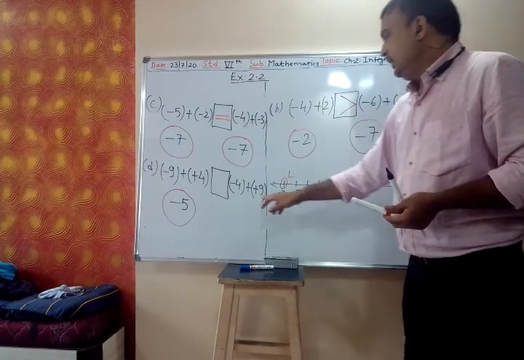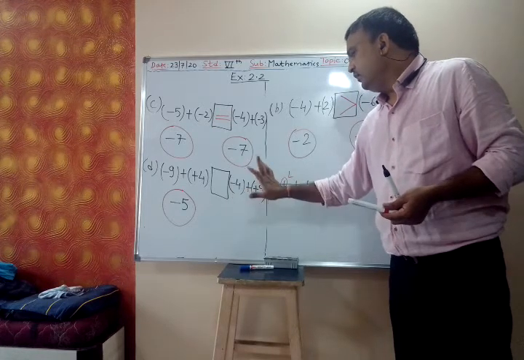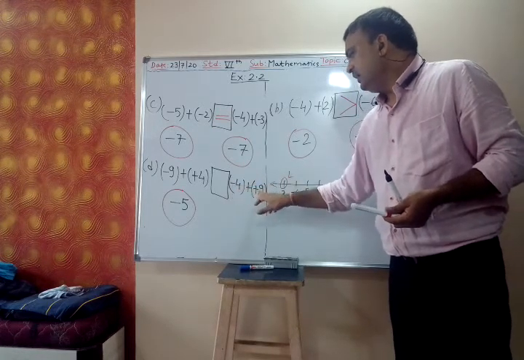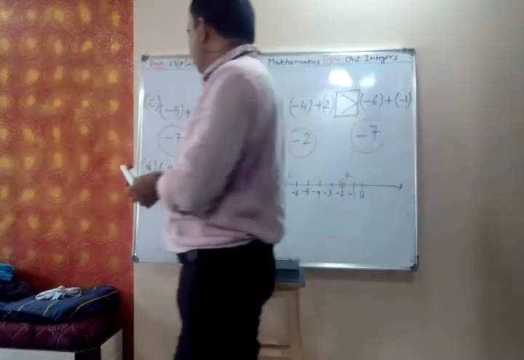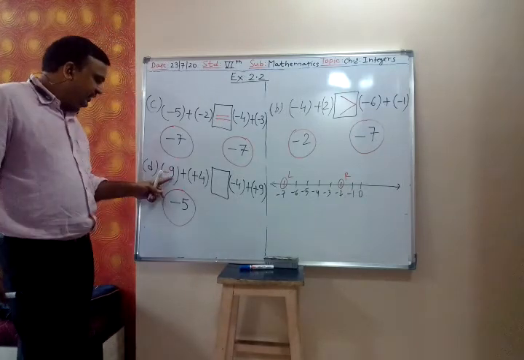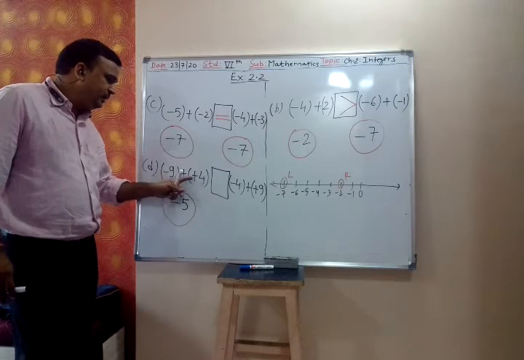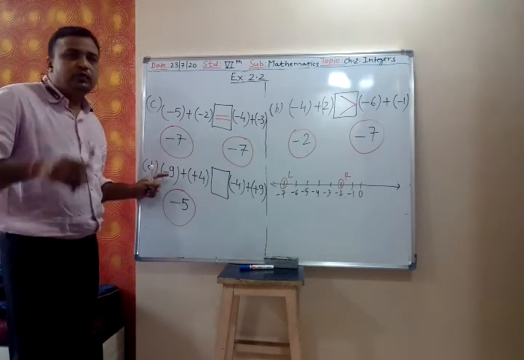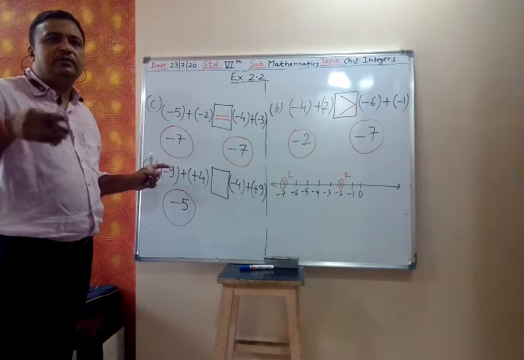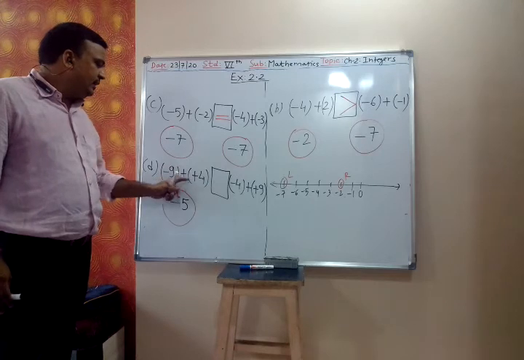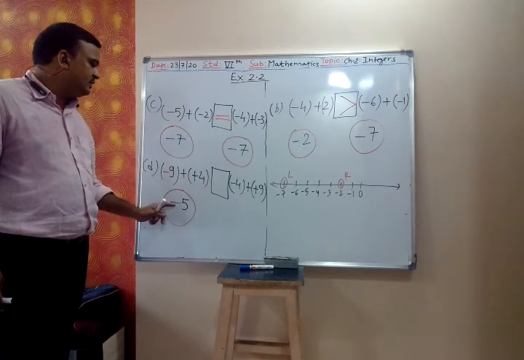Yes, right. Now minus 4. Wait, 4 has a minus sign and this has a plus sign. So, that is what I am telling, my dear. What is the sign of 9? Minus. What is the sign of 4? Plus. Minus and plus means opposite sign. So whenever it is opposite sign, you have to subtract the smaller number from the bigger number. 9 minus 4 is 5. Which number is bigger? 9. What is its sign? Minus. So the answer is minus 5.